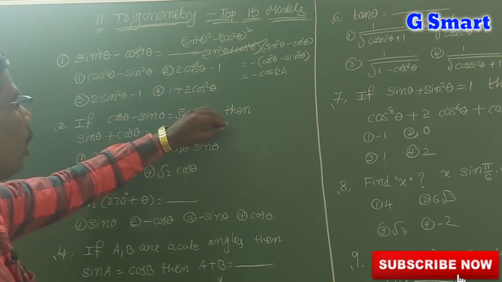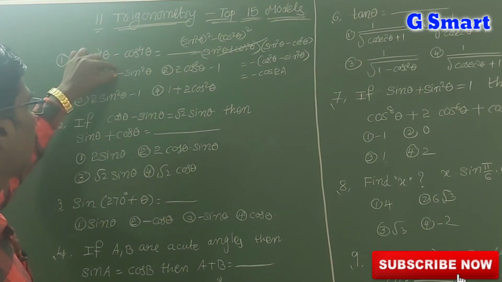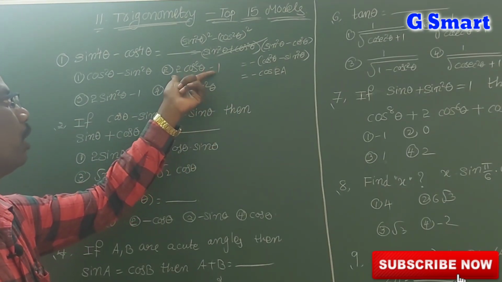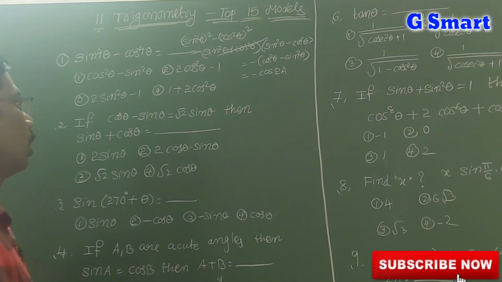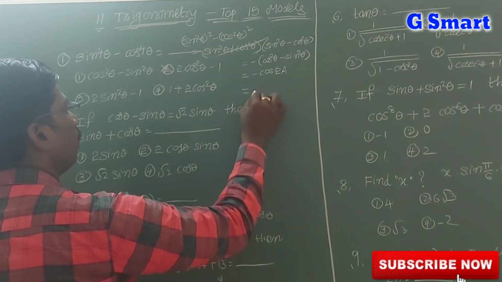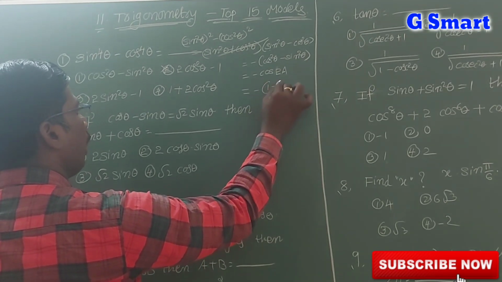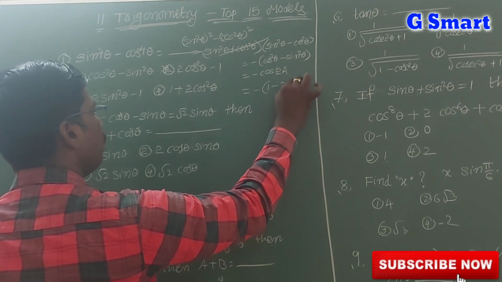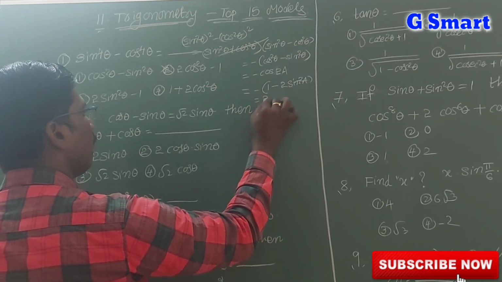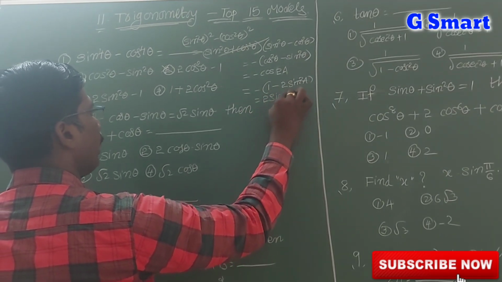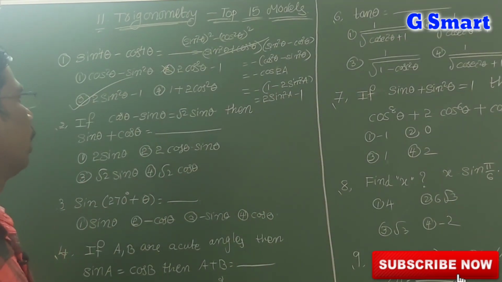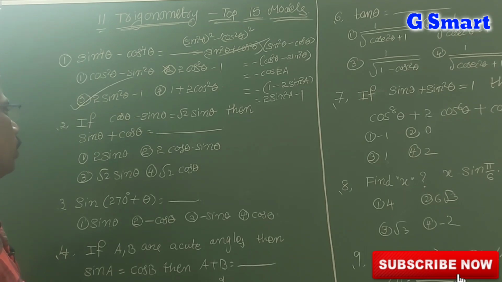So we have to write cos 2a in terms of another form. We know well cos 2a is 2 cos square a minus 1, but here the minus is there, so that is wrong. So we have to write in terms of sin only, that is 1 minus 2 sin square theta, 1 minus 2 sin square a. So minus multiplied means 2 sin square a minus 1. So this is the answer, 2 sin square theta minus 1.